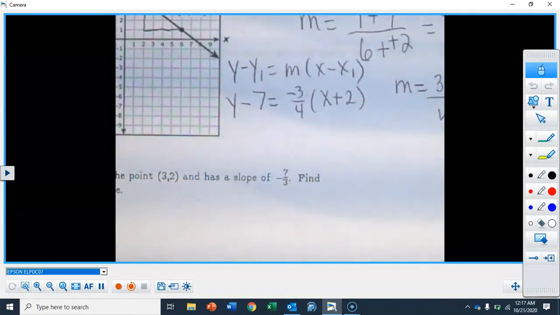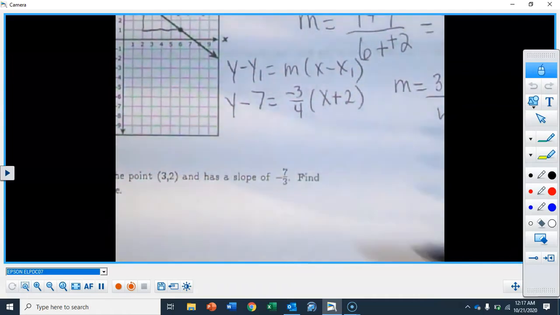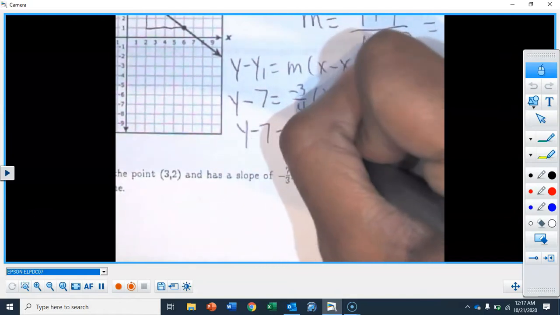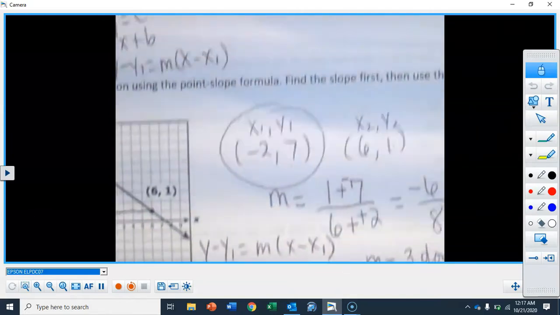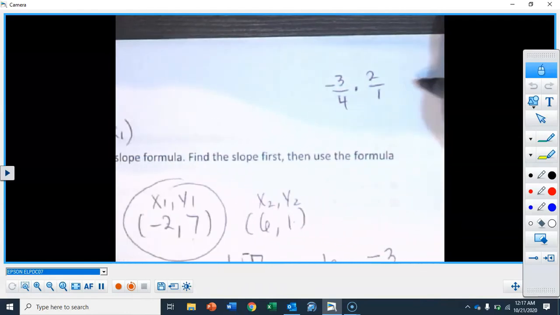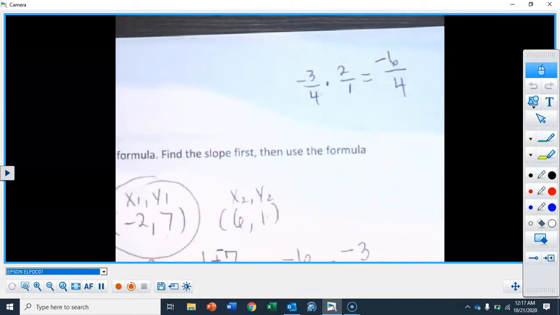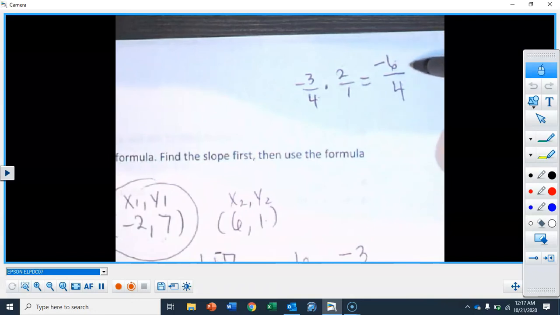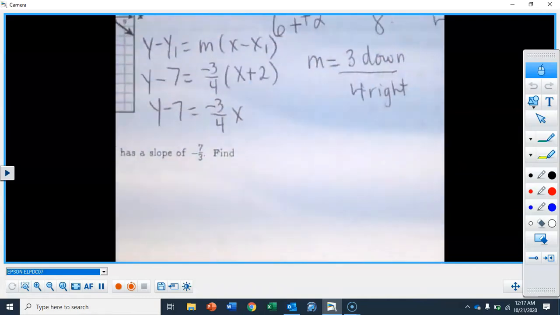Okay, now usually what they like to see, I'm just being honest, is they like to see slope-intercept, and then they like to see standard form. So I'm going to do both super quick. So for this one, still have to do the distributive property. So y minus 7 is equal to negative 3 over 4 x, and then I'm going to do my scratch work up here. So if I have negative 3 over 4 times 2 over 1, we would just multiply across. So we would get negative 3 times 2 is negative 6 over 4 times 1 is 4. And then I want to reduce this. So divide this one by 2, I would get negative 3. Divide this one by 2, I would get 2. So negative 3 over 2 is my number back here.